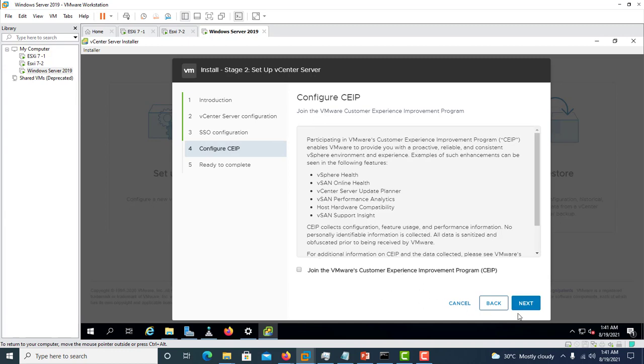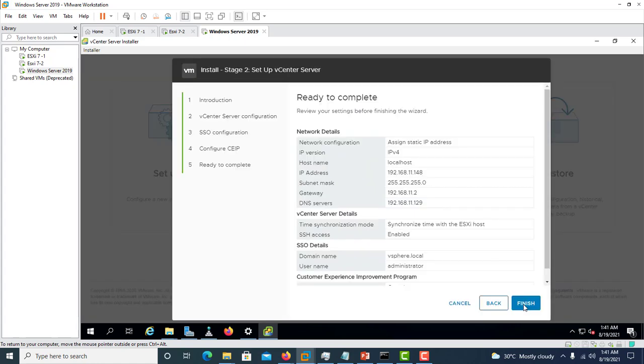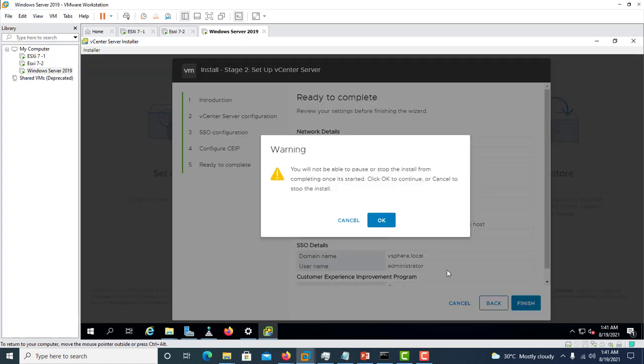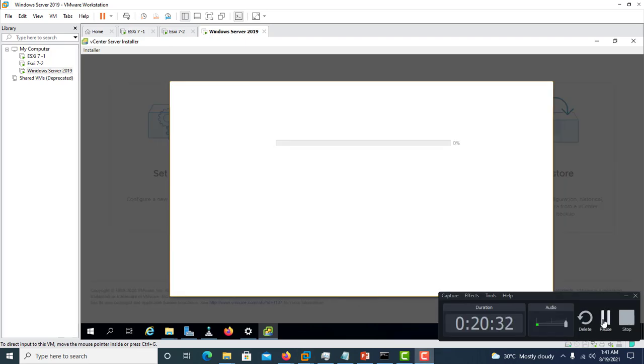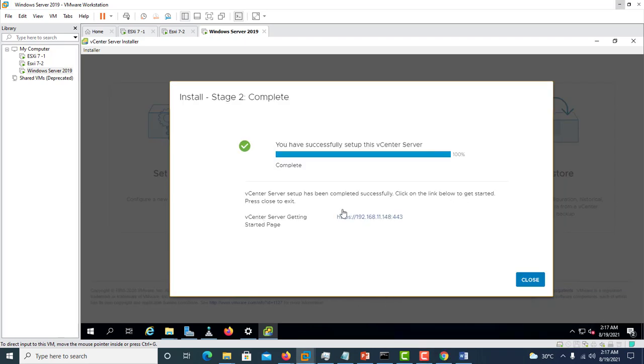Uncheck join VMware experience program and click next, and click finish. Click OK. As you can see, we successfully completed this installation. So we can access our server by clicking this link,